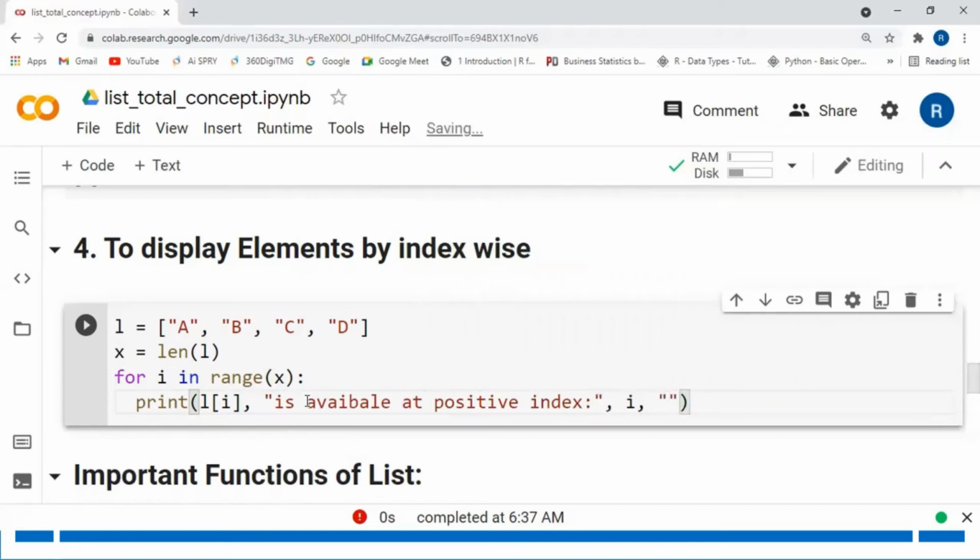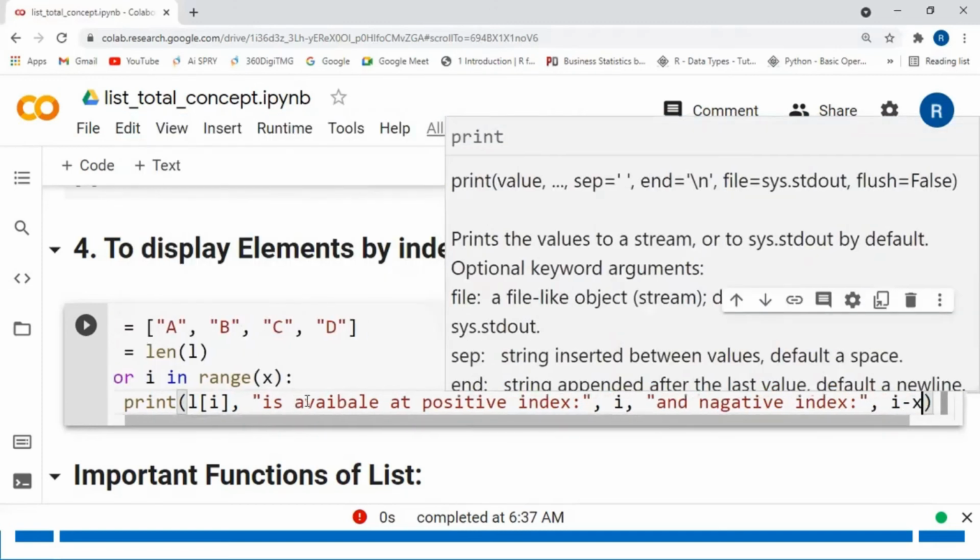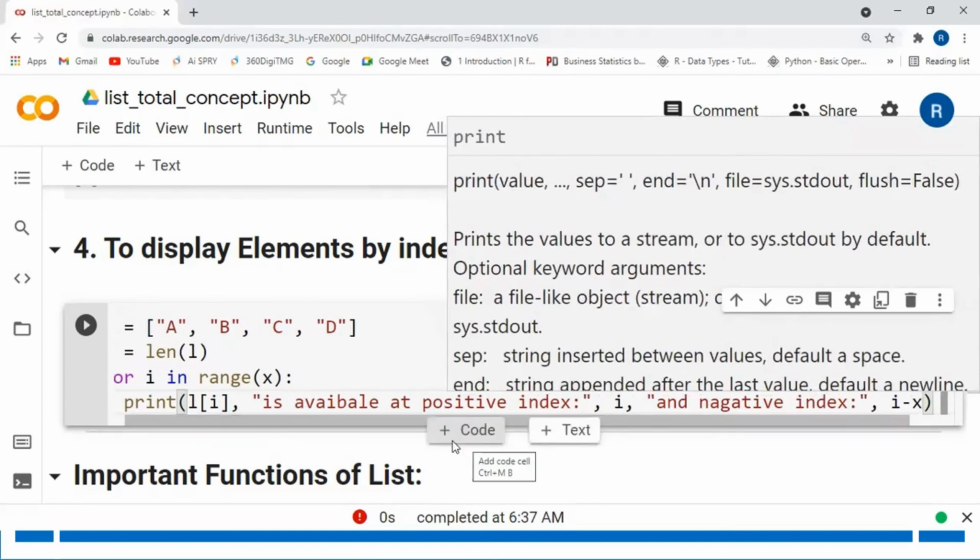And negative index also I want to print. And negative index, I have to take i minus x. x means length of the list.